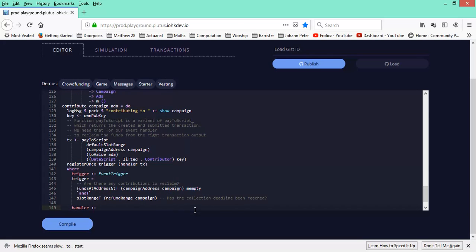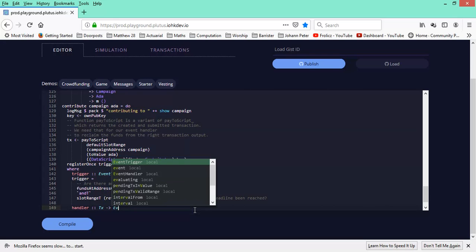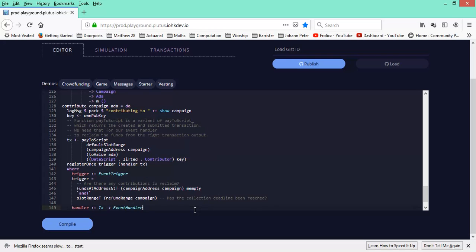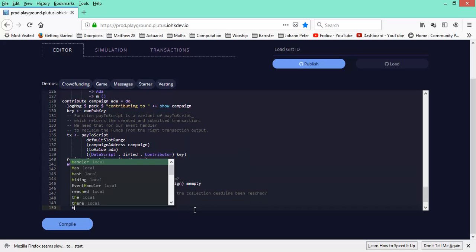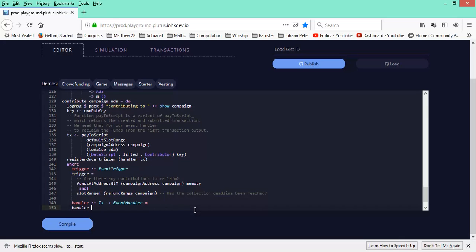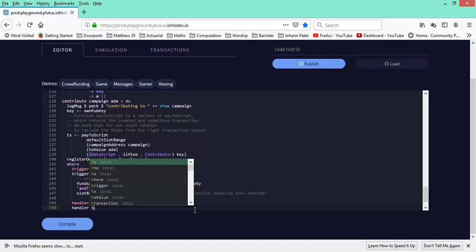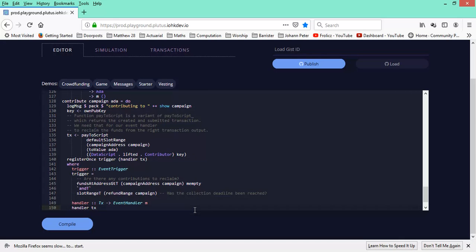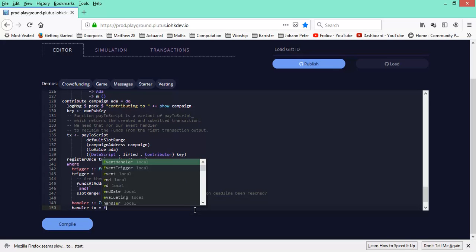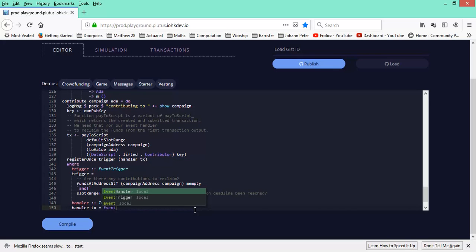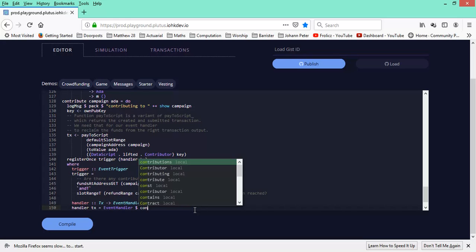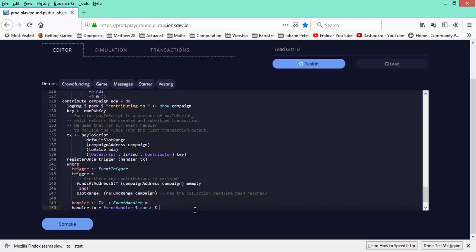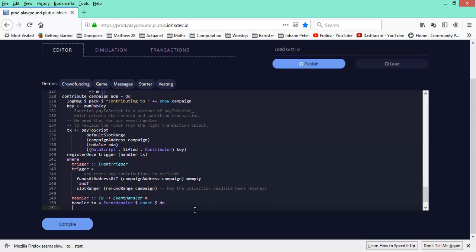So we have a handler which takes a transaction and returns an event handler. And we have handler transaction equals event handler. And we do const do,